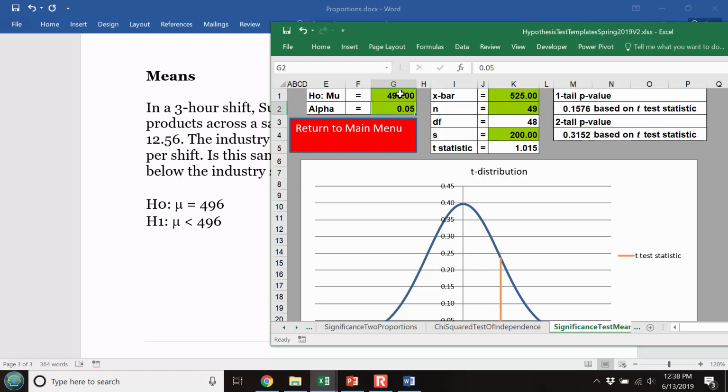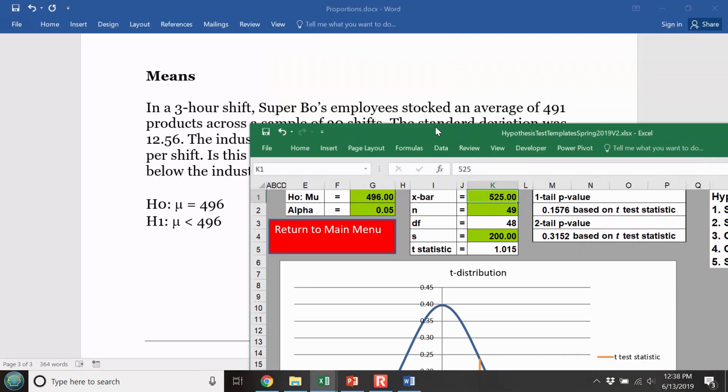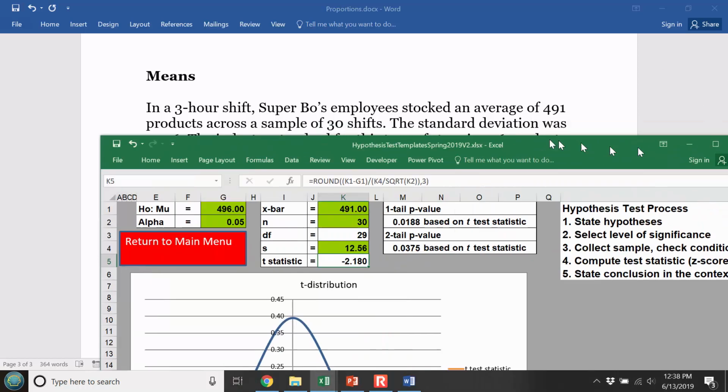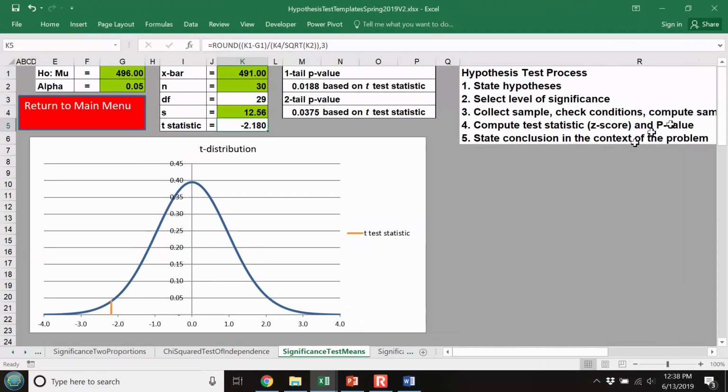We'll stick with the 5% alpha. Our x bar is 491. Our sample was 30 shifts and our standard deviation was 12.56. Now some differences all of a sudden: we see a t instead of a z,